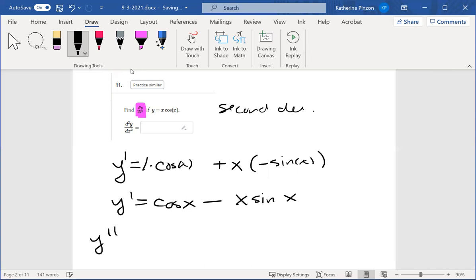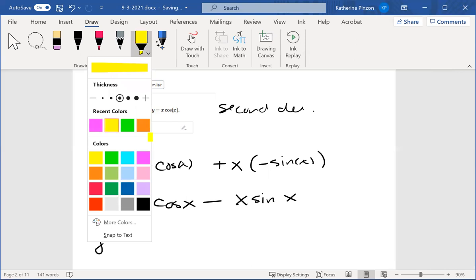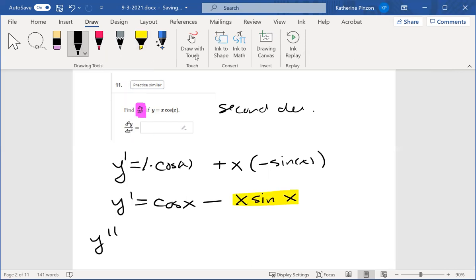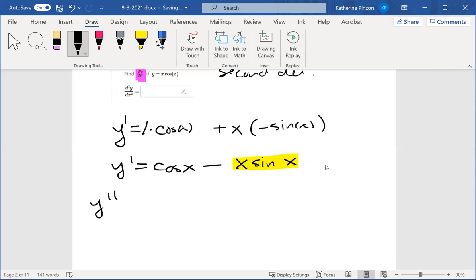Okay, I'm going to do the derivative again. I'm going to need the product rule again. And I have a product rule with a negative here. So I'm going to make sure I put a bunch of big parentheses. Okay, what was the derivative of cosine? Negative sine. Good job. Minus. I'm going to put a big set of parentheses because everybody in here gets subtracted. Okay, derivative of x is 1. Leave the sine alone. Plus x times the derivative of sine? Cosine.